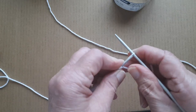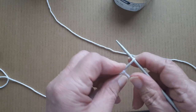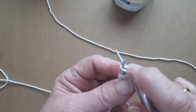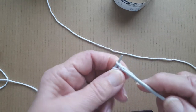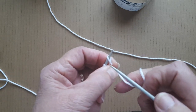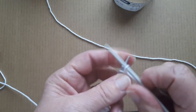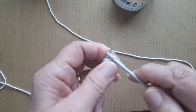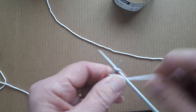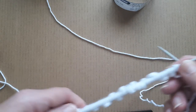So that's 1, 2, 3, the third stitch, and every stitch is like that through the back. 4, 5, 6, 7, 8, 9, 10. So I now have 103 stitches,